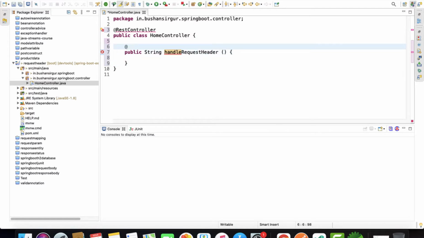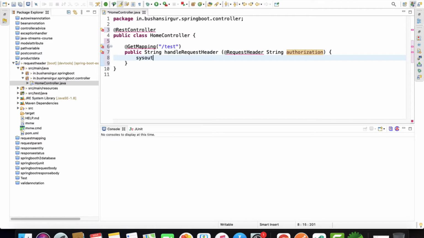I'm going to annotate this with @GetMapping annotation. Let's say the URI is test, and we're going to accept the request header using the @RequestHeader annotation. So we are going to accept the authorization, and inside this, let's actually print the authorization, printing the header.